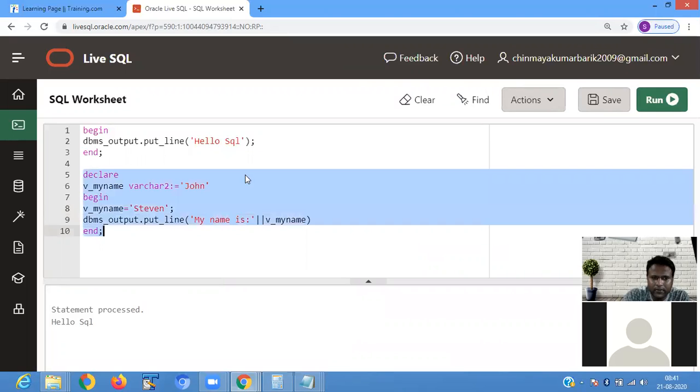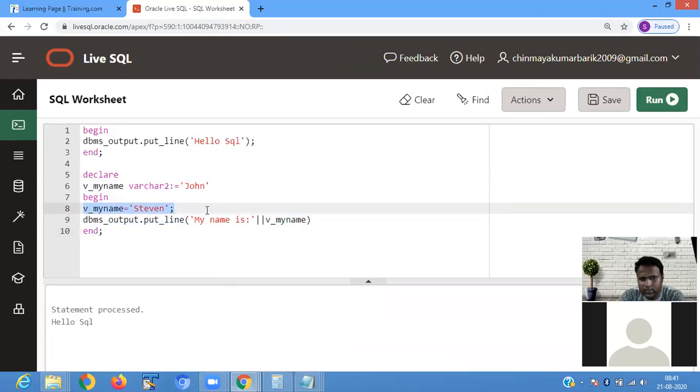Then what happens is that, first of all, I remove it and see how it shows the output.